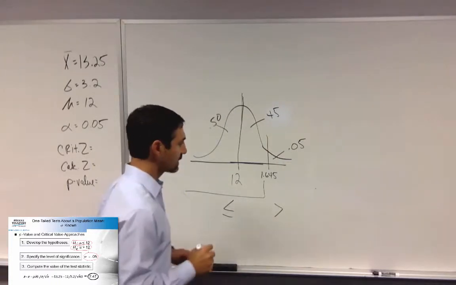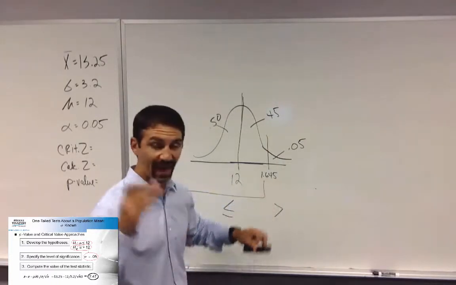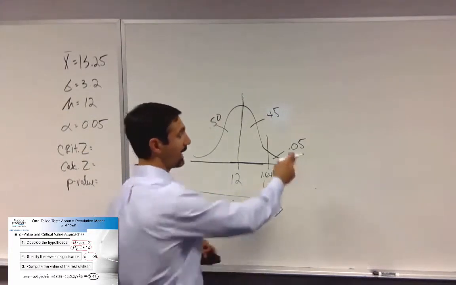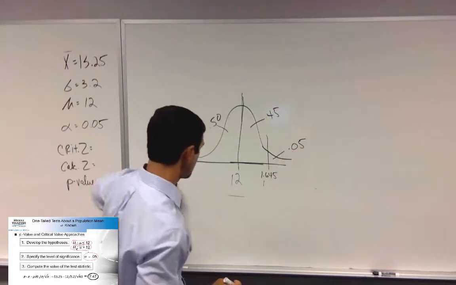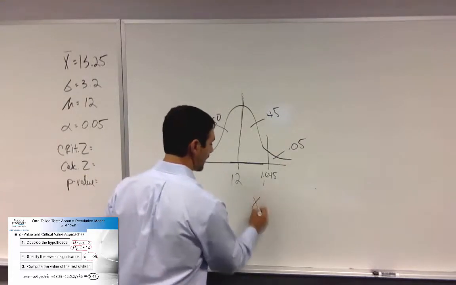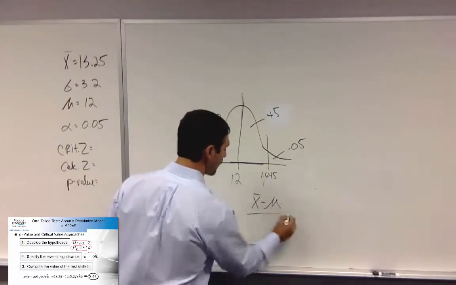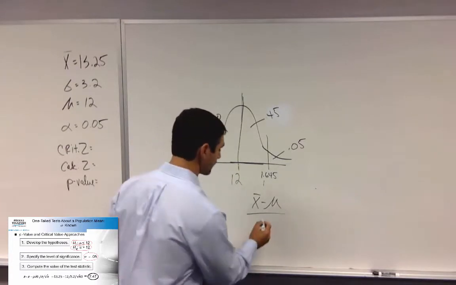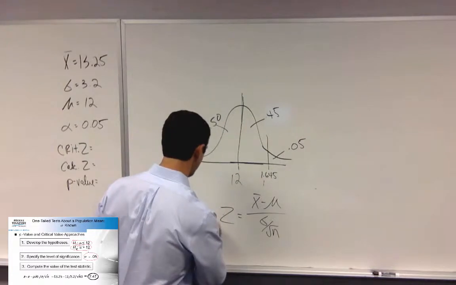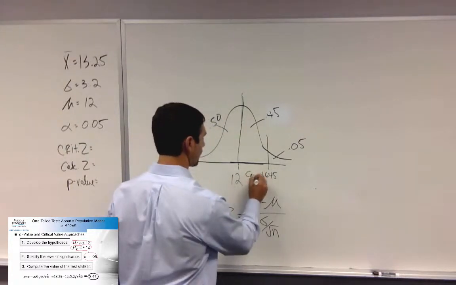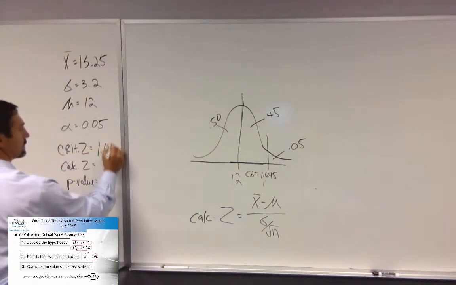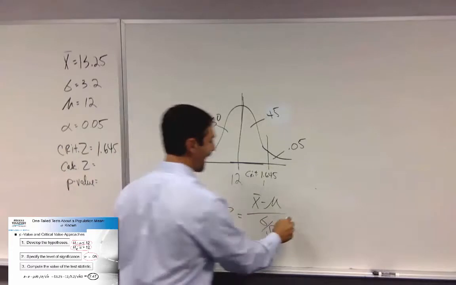Now let's calculate what our z-score should be and compare that calculated value to the critical value, and then also come up with a p-value and compare it to that. So to come up with that calculation, it's actually very easy. You just take x bar minus mu over that thing called standard error, and that represents a calculated t. Now this is a critical t, so I can put that over here, and then when I do the math here,